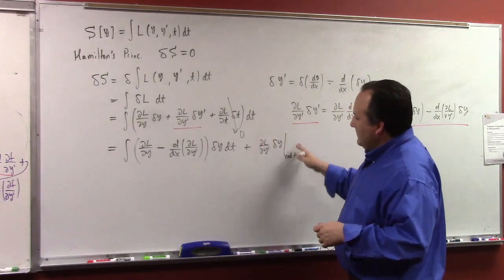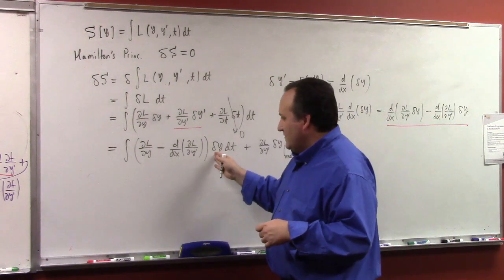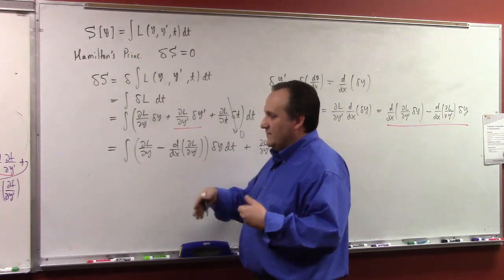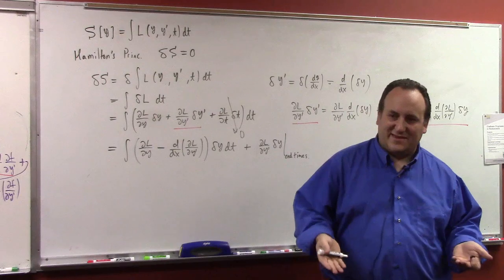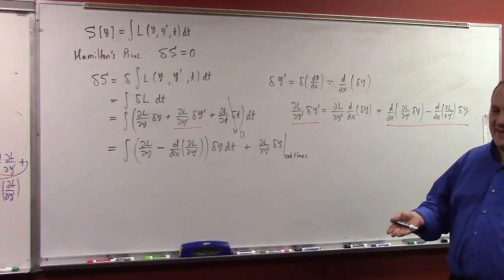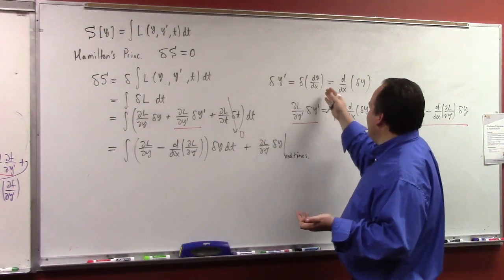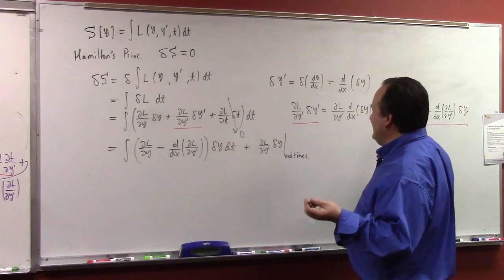And we're like, well, the way we've explained it, this goes to 0, but the variation is arbitrary, therefore this must be 0, or the Lagrange equations. This is the argument which is given in physics. But this was very upsetting to me, because I'm like, what do you mean you just commute the delta and the d? What is the delta?